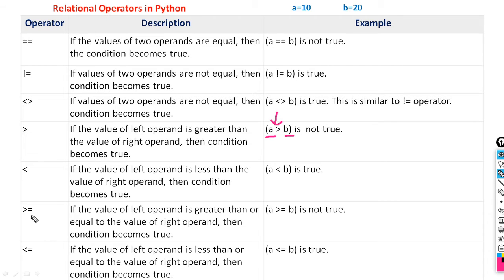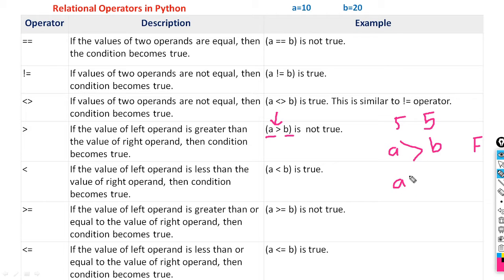Then greater than equal to, without any space, we can club these two operators. What is the meaning of this one? Greater than equal to means the value of the left operand is greater than or equal to the value of the right operand. How can we do this? Suppose we have A is equal to 5 and B is equal to again 5. When we write A greater than B, is A greater than B? What does it return here? False, because A is 5, B is 5, but A is not greater than B.